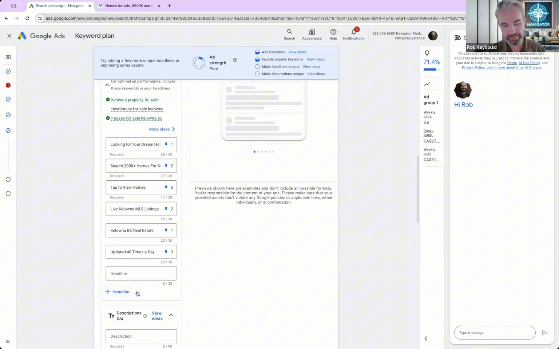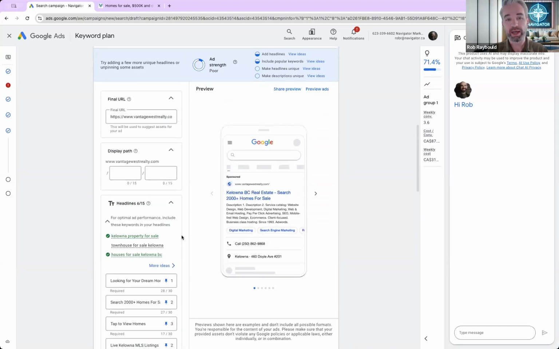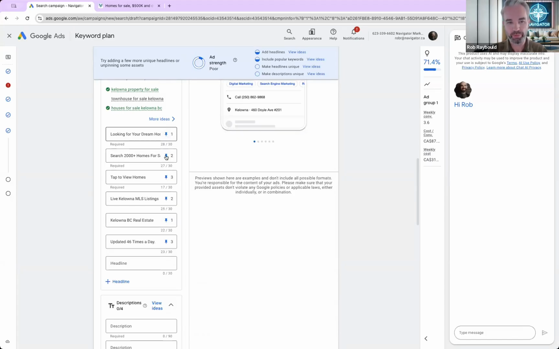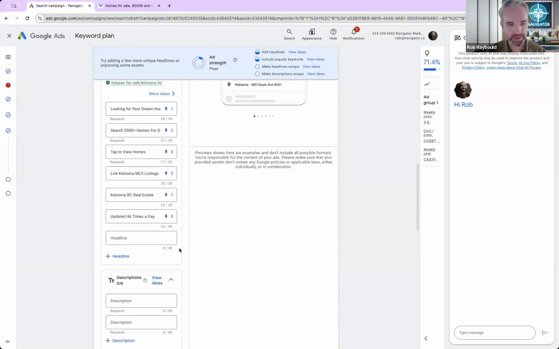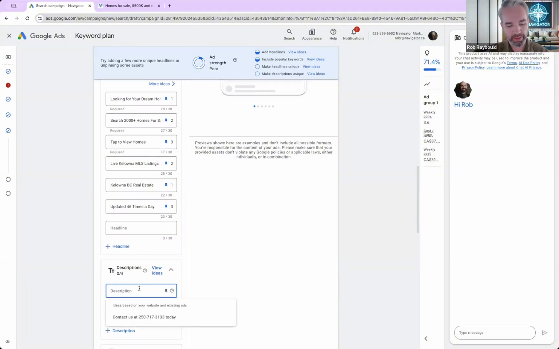And so you can do this up until 15. But anyway, see how I'm getting these green check marks? And as I'm getting green check marks, my ad strength starts to go up more. But it's okay, you don't need excellent. I've seen structuring it this way, I've seen poor, average ad strength do very well. Google wants you to be very flexible. They want you to remove these pins so that it can remix any of your headlines. But that's really tough, to create a concurrent headline or offering is very tough. So it's okay to be poor or average on your ad strength. This works. And then your description would be